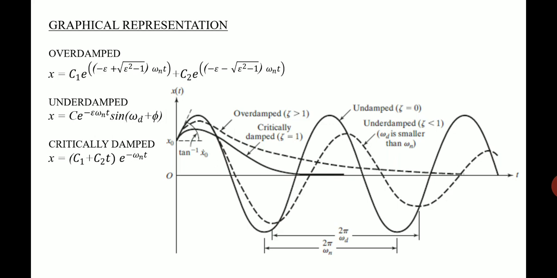And as you can see, it is a periodic function. Even though the amplitude is decreasing, that is a periodic function. The third one is the critically damped system. The critically damped system is shown as a dark line. As you can see, that is a vibration which dies out